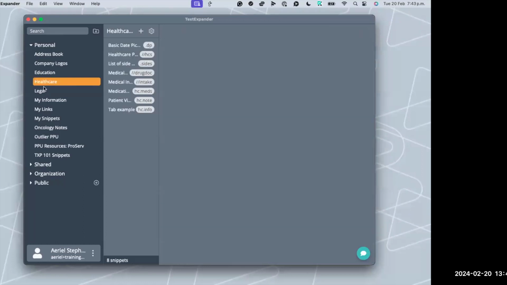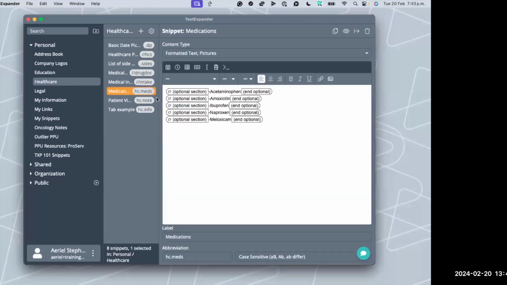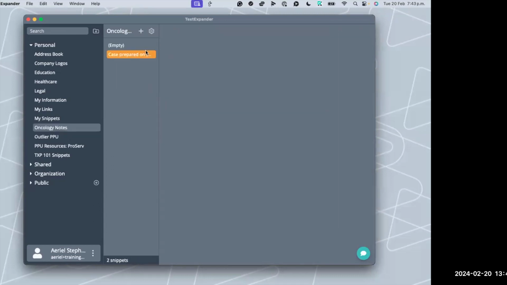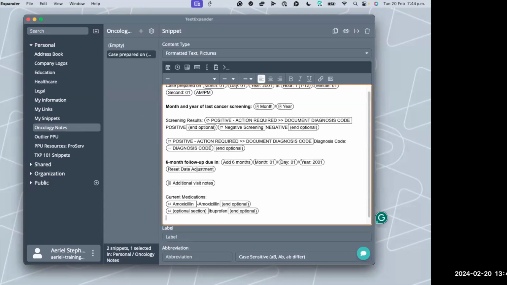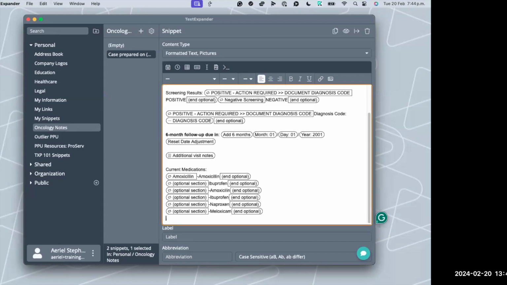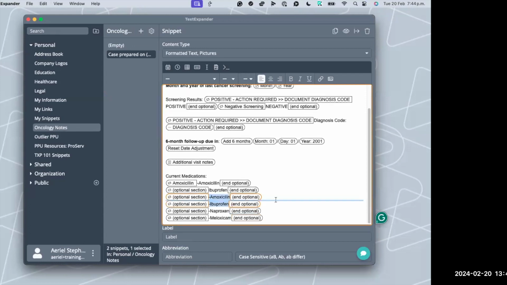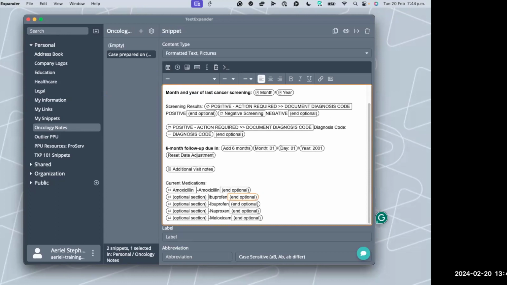I'm going to go to a different group, and you'll notice that I actually already have this created. Technically, I could come in here and copy and paste some of this stuff. It should work that way. You'll see that you can copy and paste optional sections, but this isn't the most efficient way to do that. Maybe there is a scenario in which what I just showed you is better. You only need to copy and paste it one time.